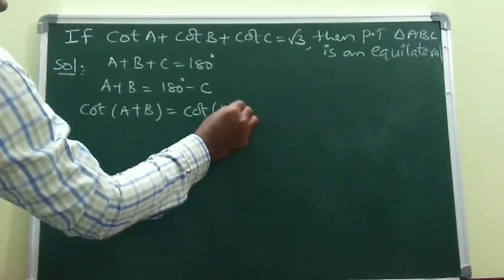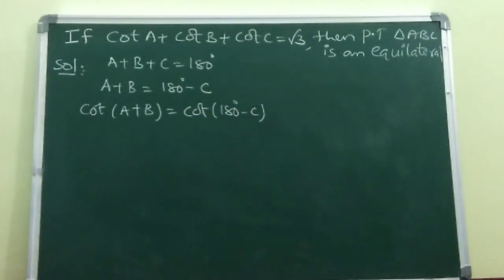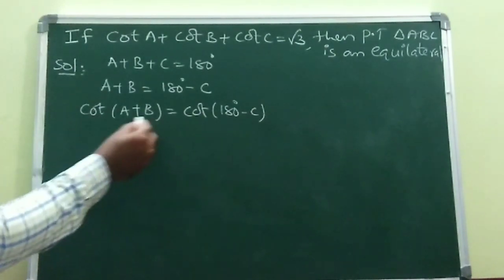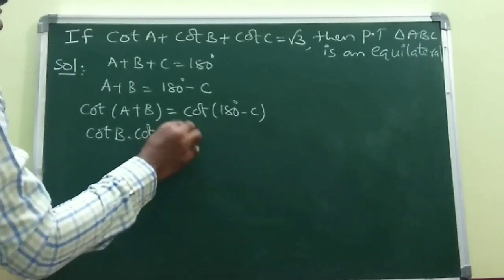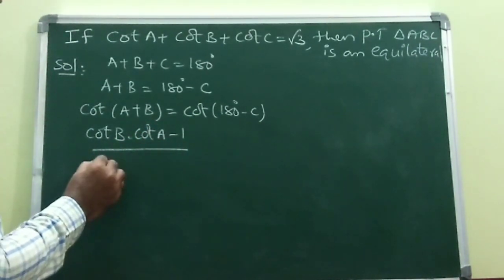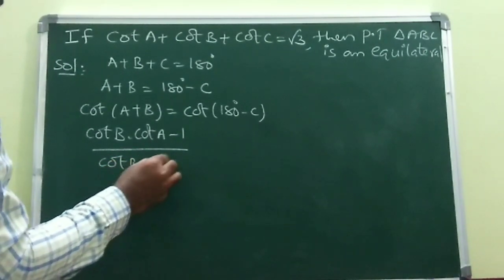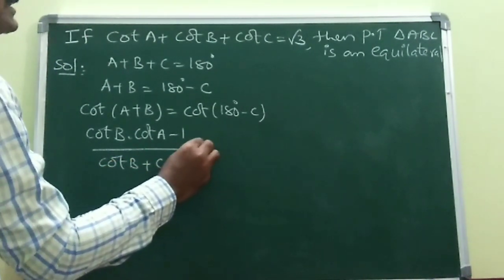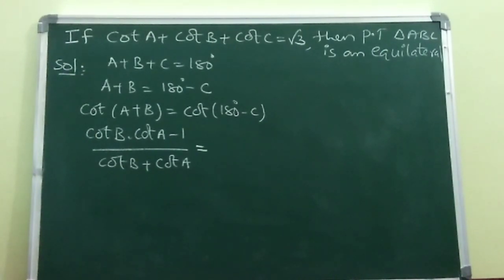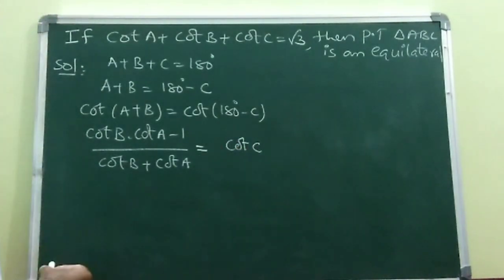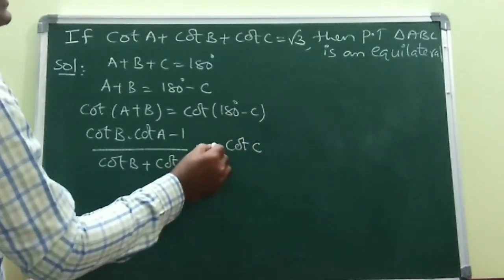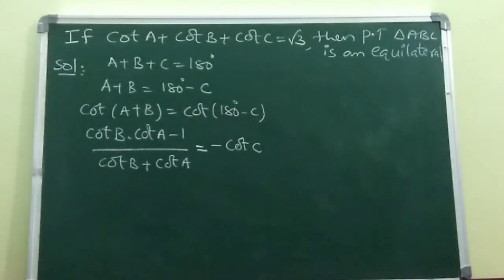Do you remember the formula of cot of A plus B? Cot of A plus B is cot B into cot A minus 1 divided by cot B plus cot A, which is equal to, because of 180, cot remains as cot itself, and 180 minus theta is in the second quadrant, where cot is negative,